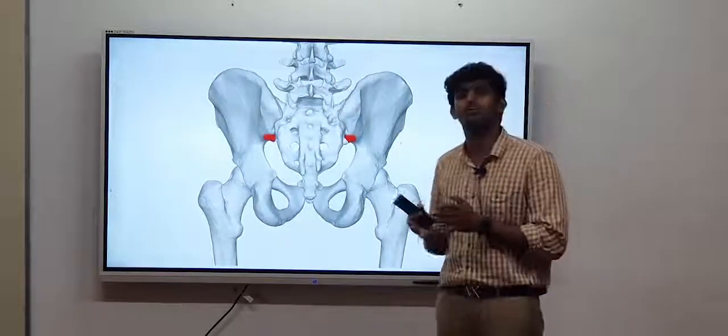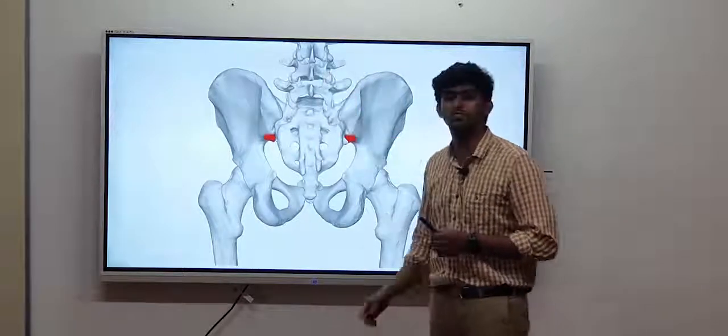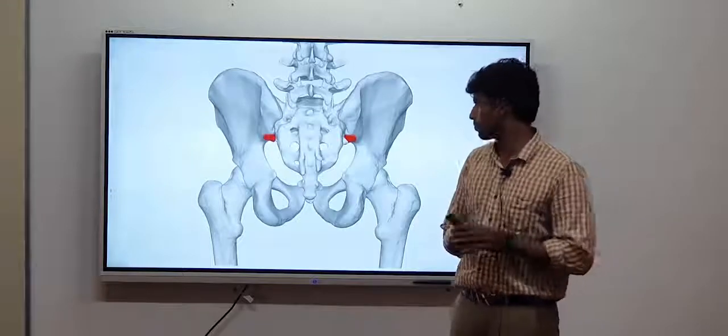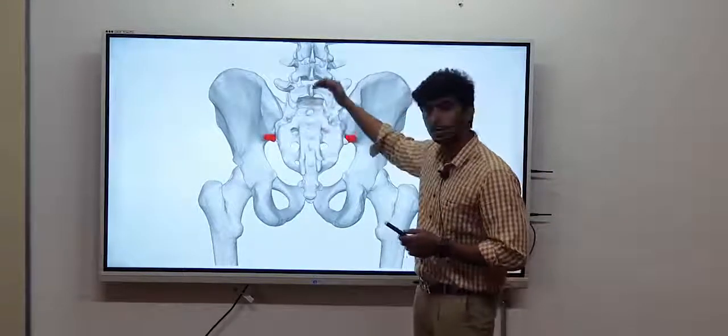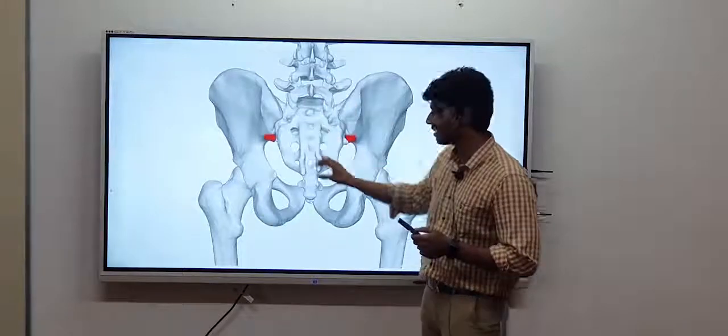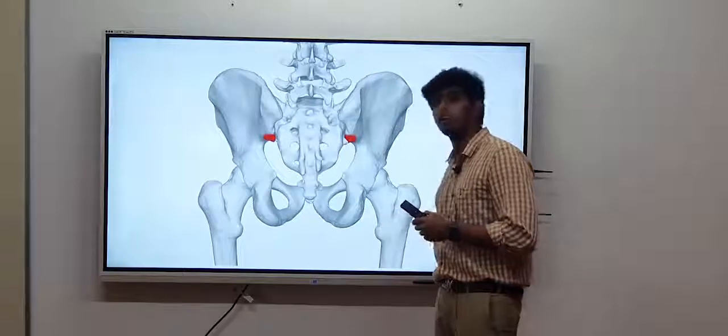So whenever you are going to treat a patient, just make sure the soft tissue surrounding these bones should be free enough. If it is not free, there are more chances it can even compress the vertebra or even the spine, or not spine, the spinal nerve, then the radiating pain will occur.